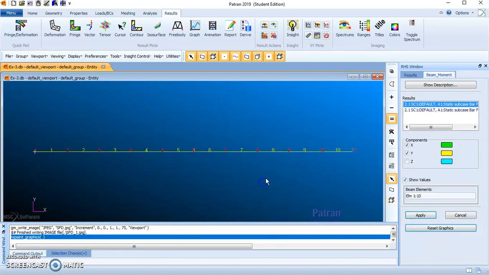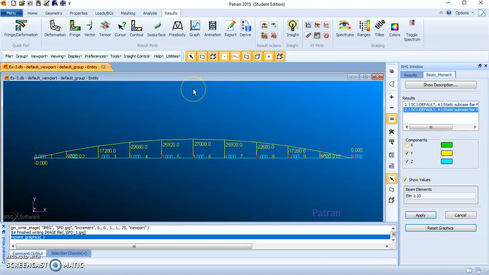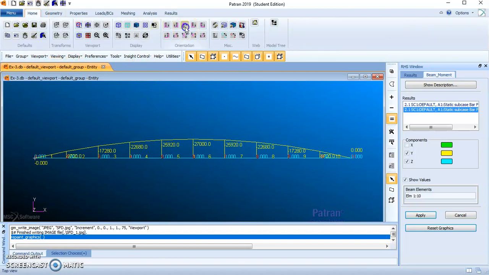You can refresh graphics, select the second result, select Y and Z, apply. Okay. Or probably I need to check the orientation here. Home, orientation. Okay, alright, it is showing in a different direction, but the idea is it is a curve. BMD is a curve.